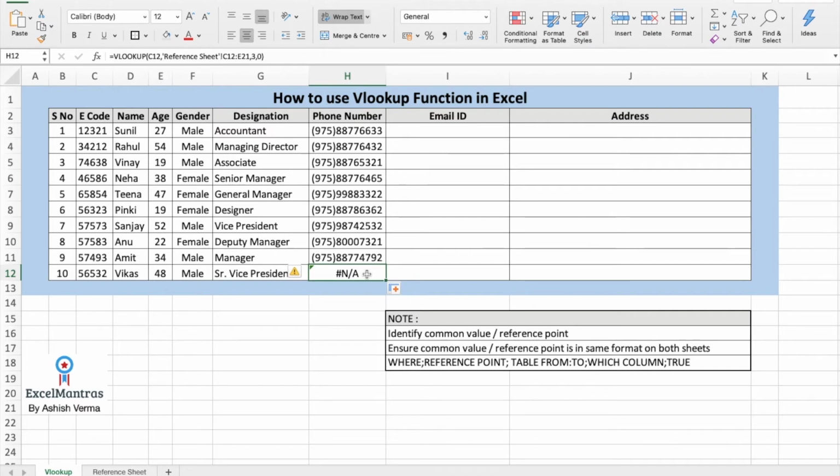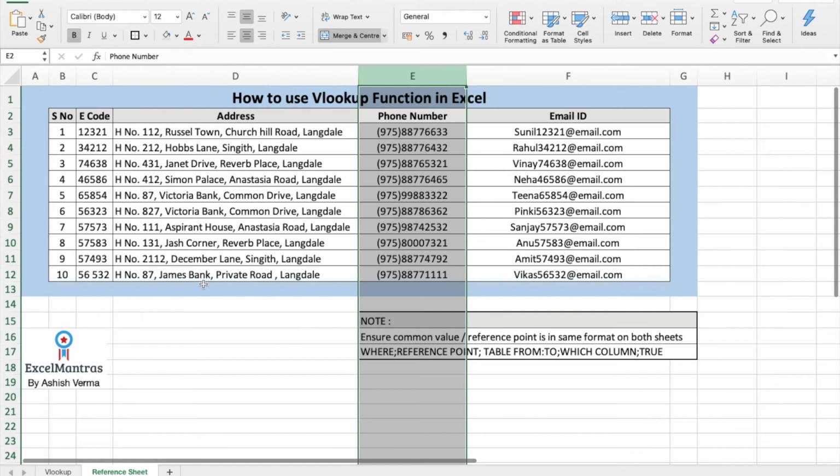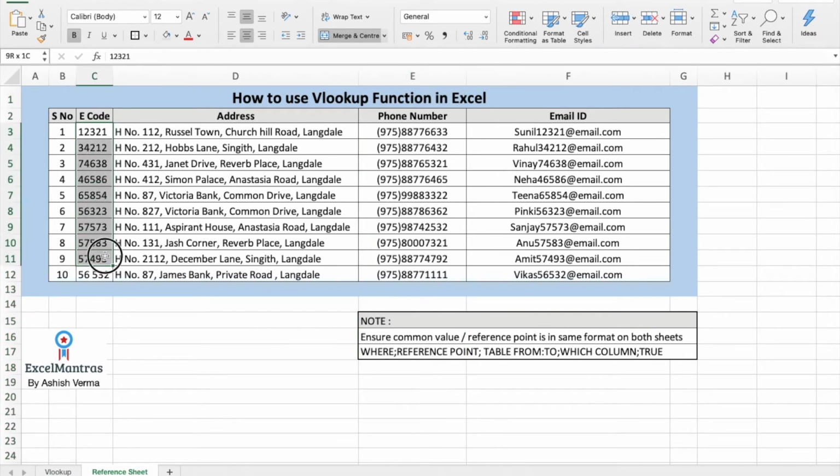Why is this? If you remember, the key point to be remembered is that the reference point should be in the same format on both the sides. So here it is a 5-digit number. In the reference sheet, all of them are 5-digit, but the last particular column has a space in between. Hence, the format has changed.